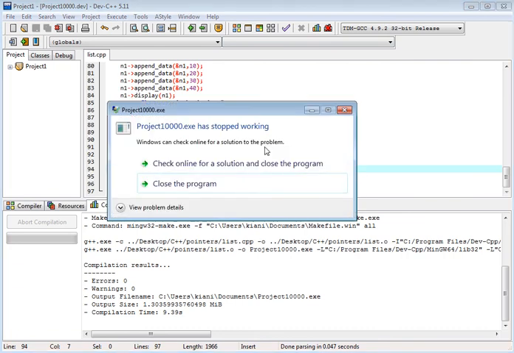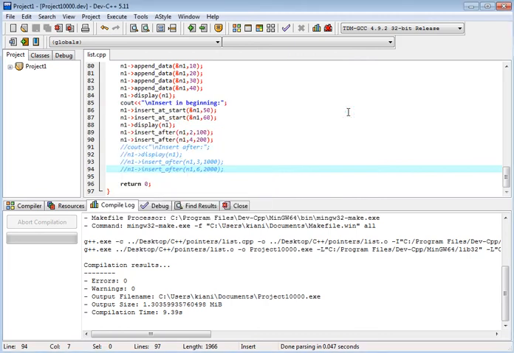In the display we have n1 data, and n1 next link should be n1.